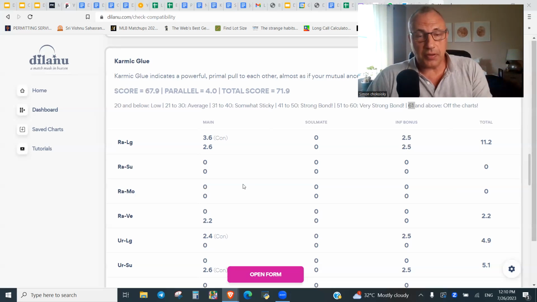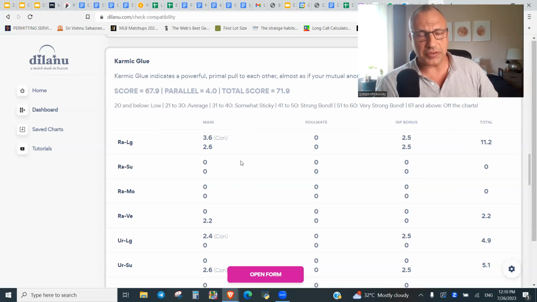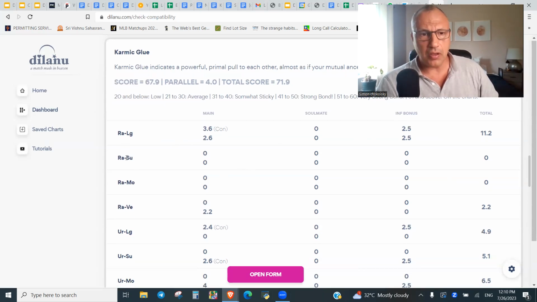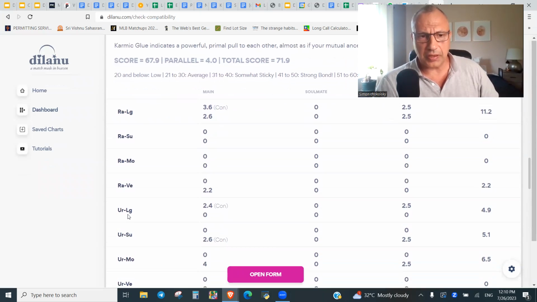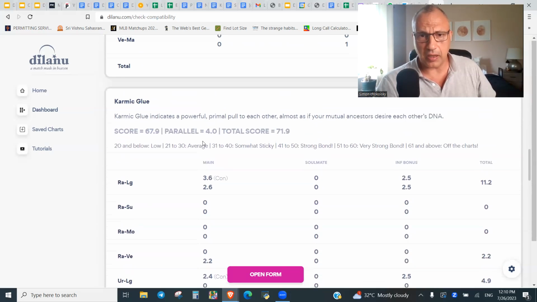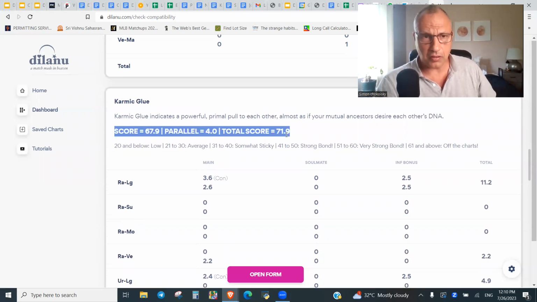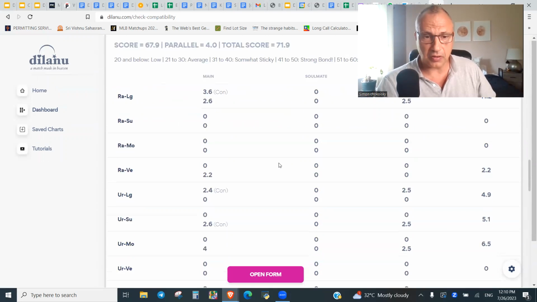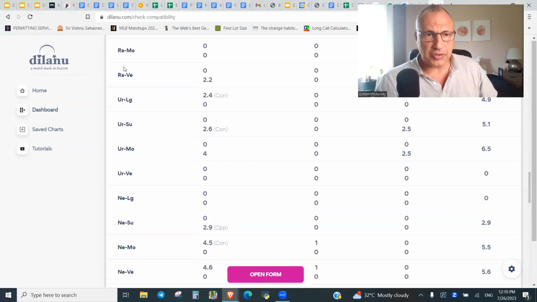So it's our job as the analyst to determine what is this unfinished business. And so in our Dilanu Professional Certification Program, we analyze what each of these connections means. Now, I don't have time to go into that here. Here, I'm going to go over the general outlook, what a big Karmic Glue score means in the grand scheme of things. As you can see, it measures the effects of the invisible grahas,